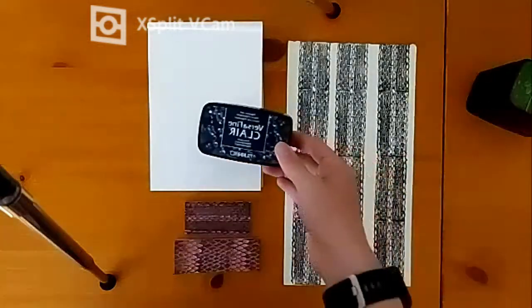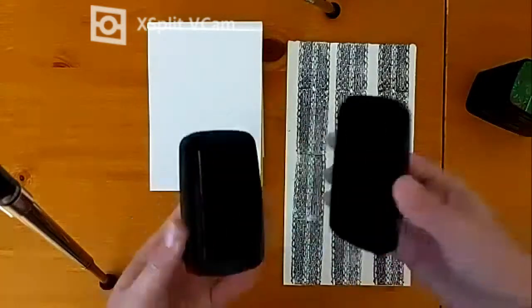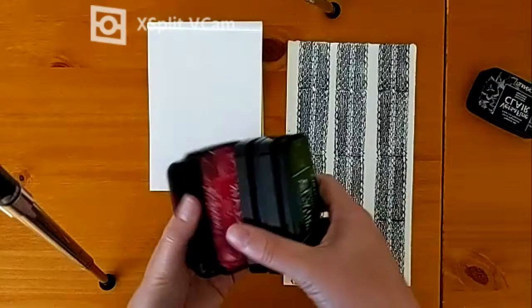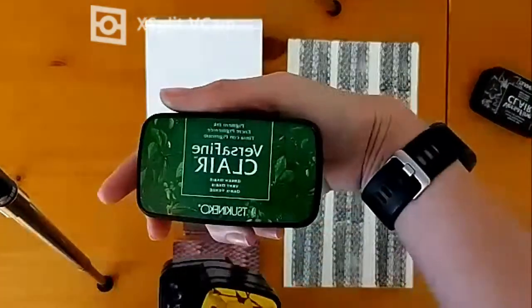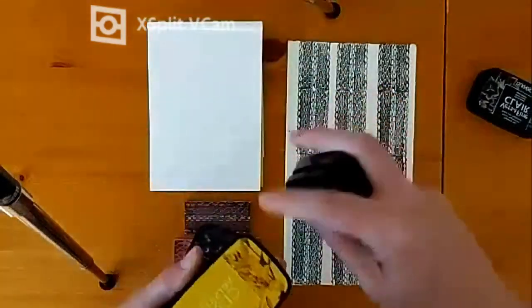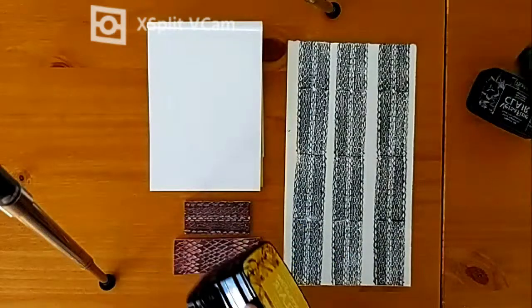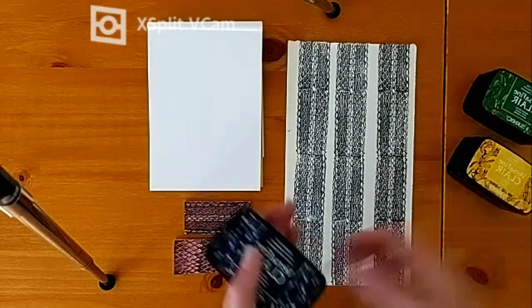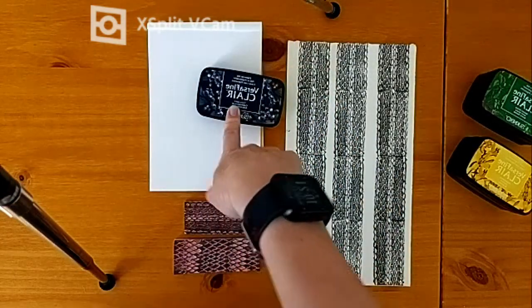One option is to use just a regular stamp pad. It looks like this. Just regular ones that you can buy at the store. You can get ones in different colors. I like this particular brand because the colors come out really nice and vibrant. But you could use pretty much whatever stamp pad you wanted to. That part doesn't really matter. This is one method that you can use to create a print. And the other method is using